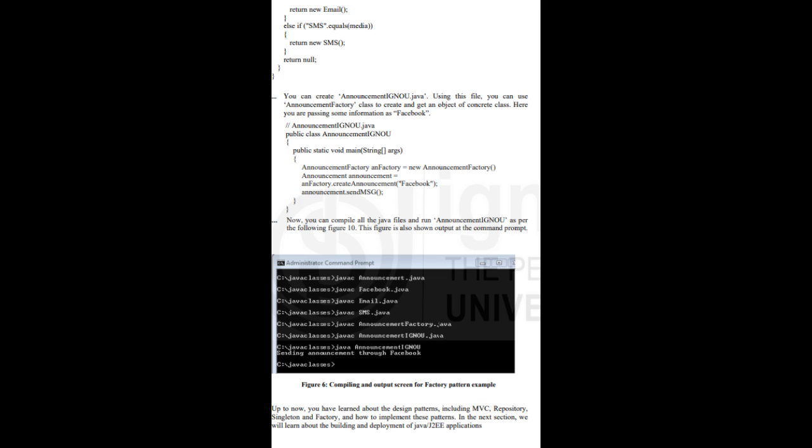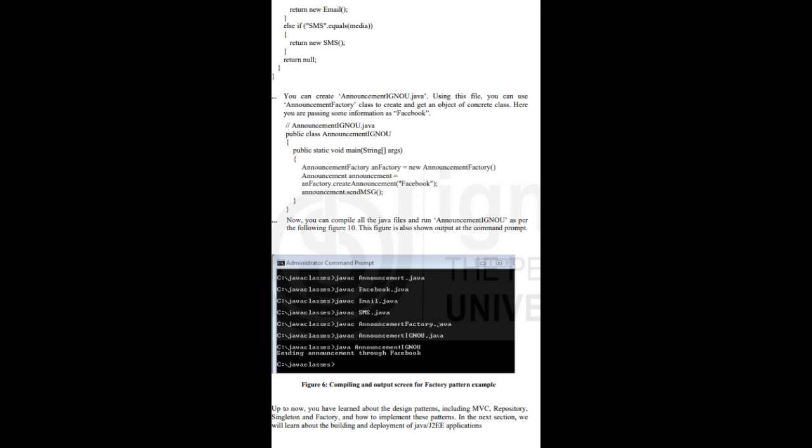A factory design pattern or factory method pattern is one of the most used design patterns in Java. It is a creational design pattern which deals with the creation of an object. As per the GOF, this pattern defines an interface or abstract class for creating an object, but subclasses are responsible for creating the instance of the class. The advantage of factory pattern is that it allows the subclasses to choose the type of objects to create.